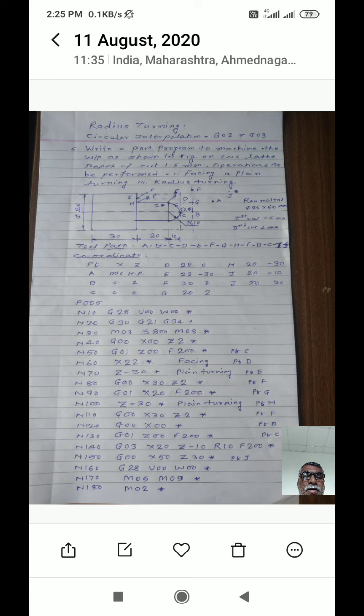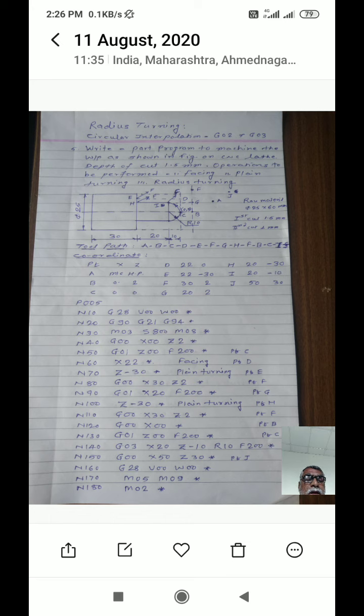There is one line on which the point B is lying, an imaginary line which is 2 millimeter away from the workpiece surface. First you move the tool from point A to the point B, which is nearer to the starting point of the operation, point C. Then from point C, you have to move the tool for the facing operation along the X axis.